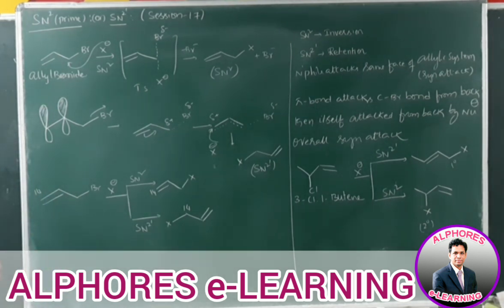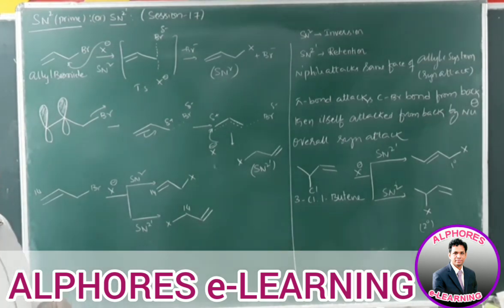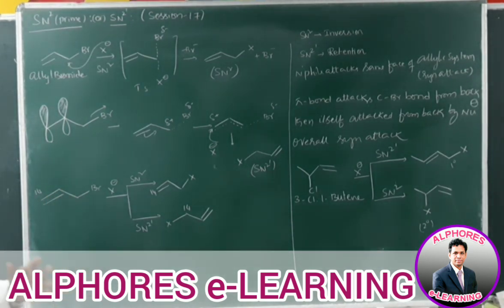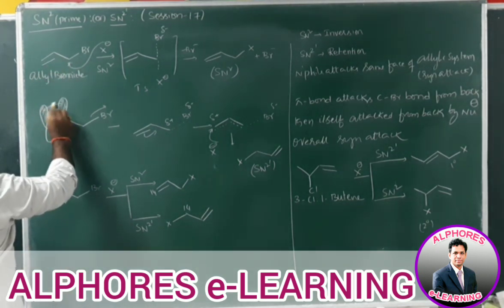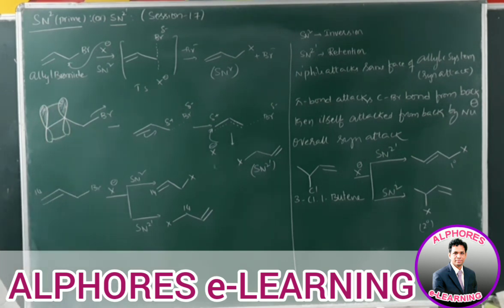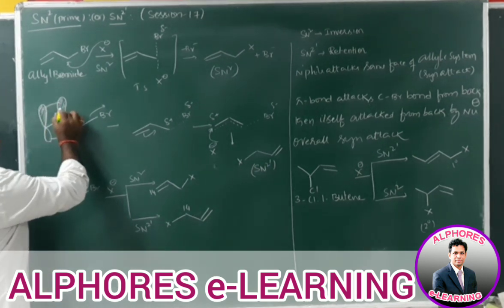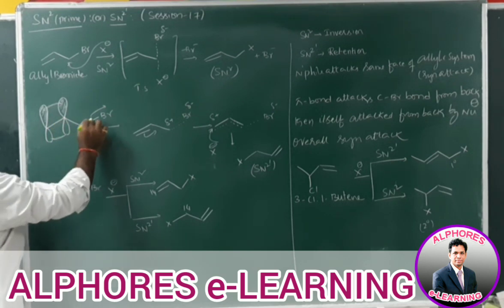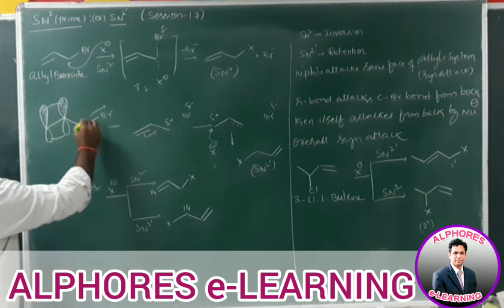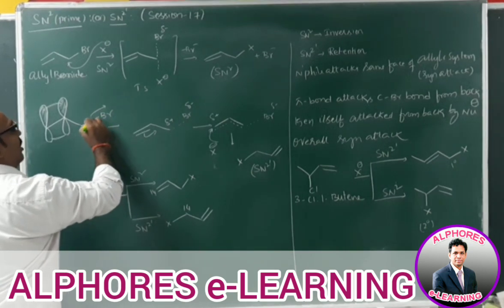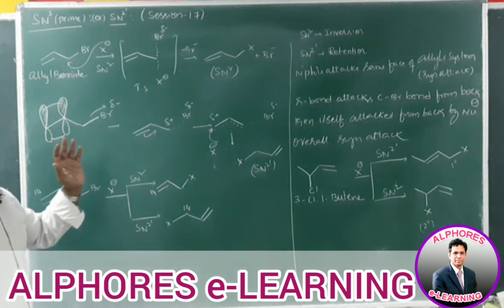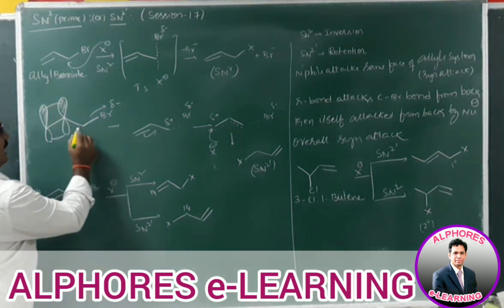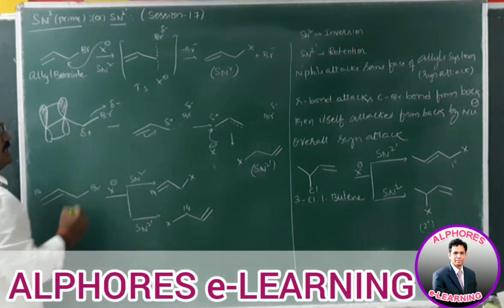Beyond that, something different happens, which was proved experimentally. So let us see what happens there. When we consider allyl bromide, pi bonded electrons exist here, and this pi bond helps the leaving group to leave. Whenever Br leaves by taking the bond pair of electrons, that is, when Br leaves as Br minus, this electrophilic carbon acquires a positive charge.